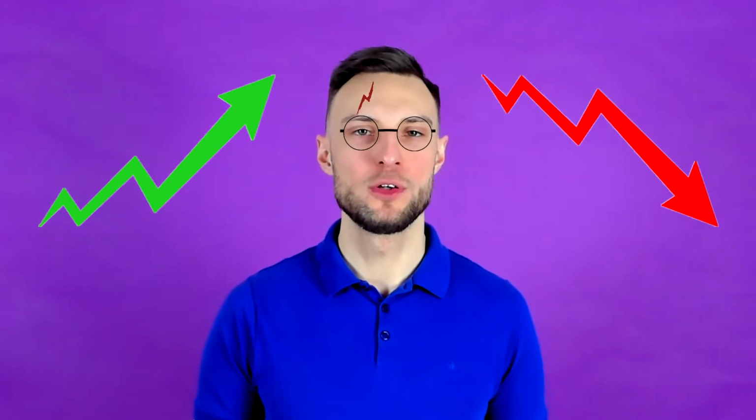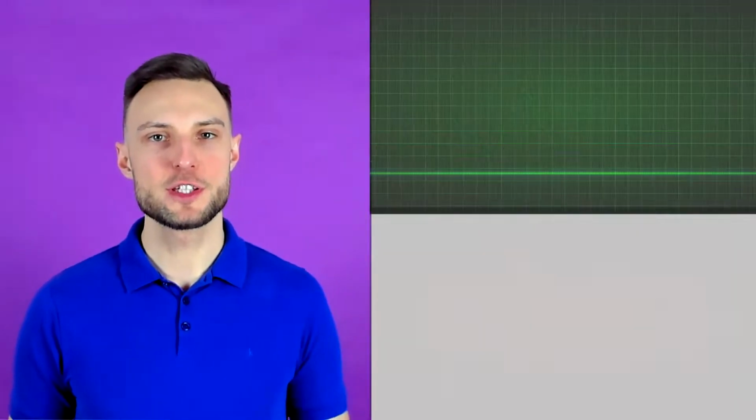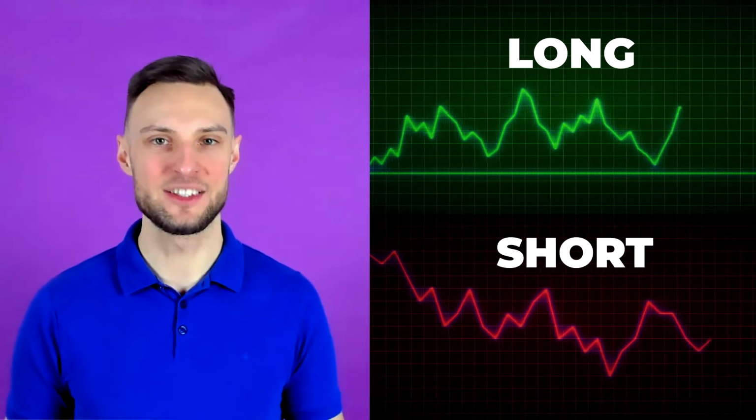With futures contracts, you can take advantage of and profit from any price movements. Regardless of whether the price rises or falls, futures contracts enable you to benefit from cryptocurrency movements with ease. In other words, you can speculate on a cryptocurrency's price rather than buying the crypto asset itself. If you expect the value of an asset to go up, you will buy a futures contract to go long, and if you expect it to fall, you will sell it to go short. Your profit or loss will depend on the outcome of your prediction.